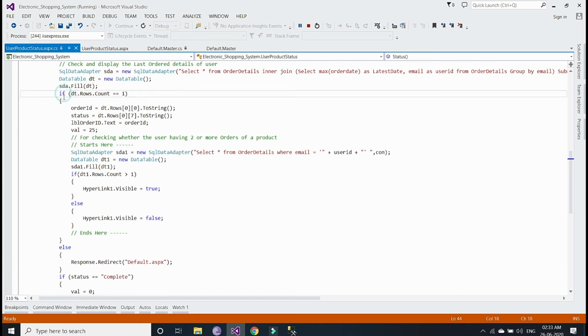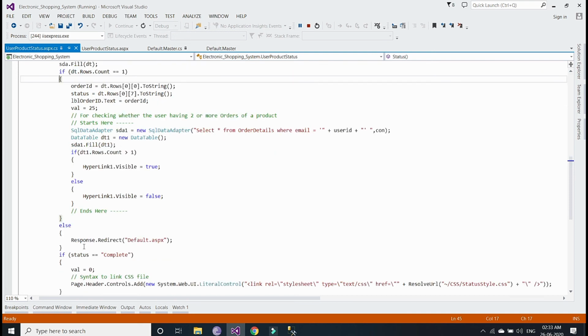After that, it checks whether the latest order is there. If it is not there, then it will redirect the user to the default page.